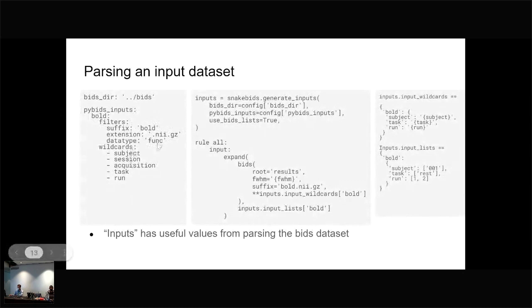There's always a subject. We don't care what the session is, or if there even is a session defined. If you've defined these other entities, we don't care for this specific rule what they are. And so by defining this config file and then using the snakebids.generateInputs, we tell it where our input BIDS directory is. We give it the parsed version of our config specification here. We can ignore the use BIDS list thing. It's not all that important for this